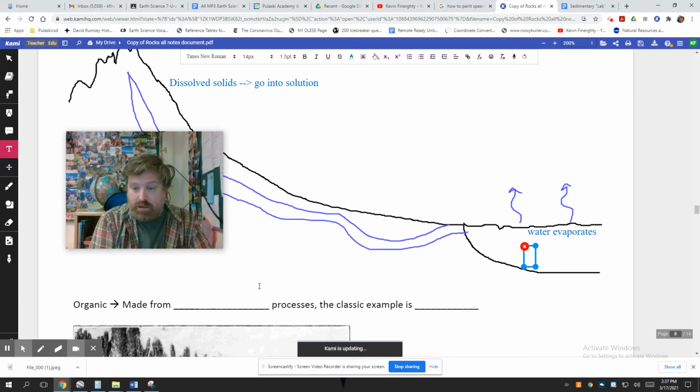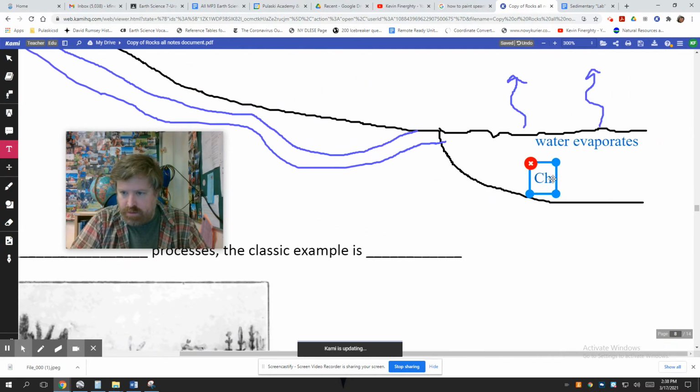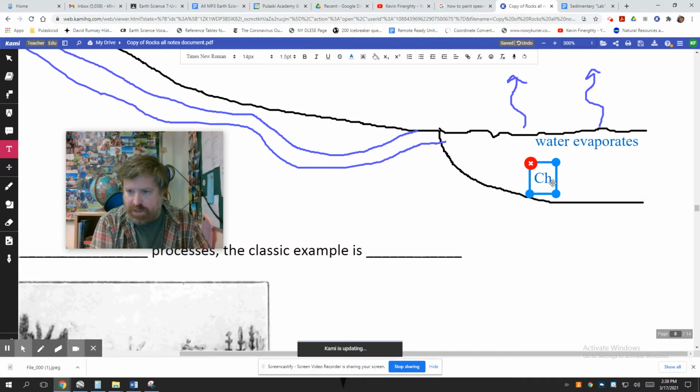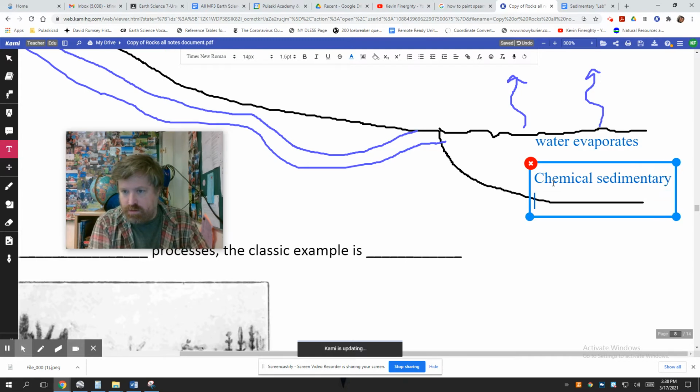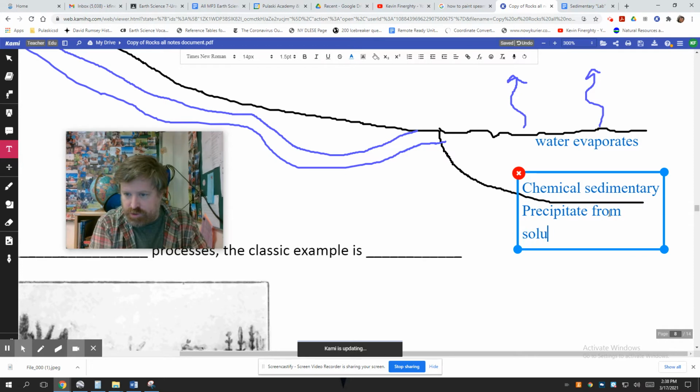So I'm going to write it. This is going to be a complicated word. Let's make it bigger so you can see the spelling. So we get a chemical sedimentary, which is a precipitate. Where's it start on that line? Precipitate from solution. And again, don't let that intimidate you. That's very chewy vocabulary. But you take salt water and evaporate it, and you get salt. You just separate